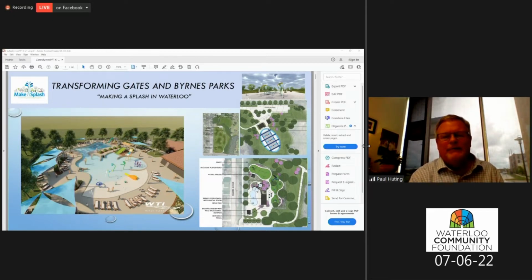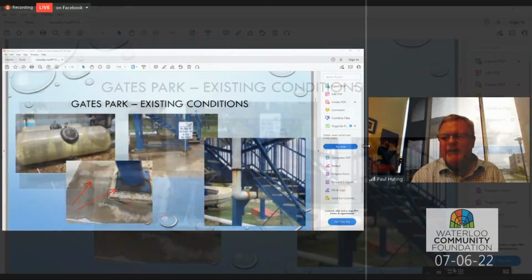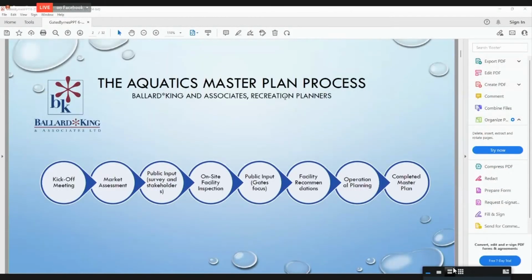But in a nutshell, we're planning the complete renovation of the swimming facilities at Gates, and then a whole host of facilities that Mark will kind of run through. The new swimming pool at Byrnes and a whole host of facilities at Gates. So Mark, if you want to just kind of run through what you have planned for Gates, that'd be great. Sure, I can do that. Yeah, so Aaron, why don't you,